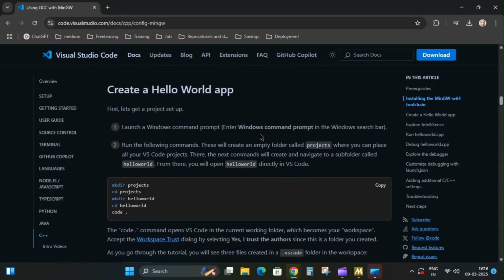Now we can create a Hello World app so that we can check whether the C++ code is running fine or not.